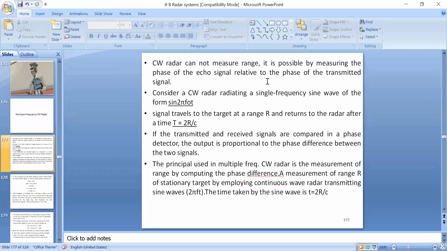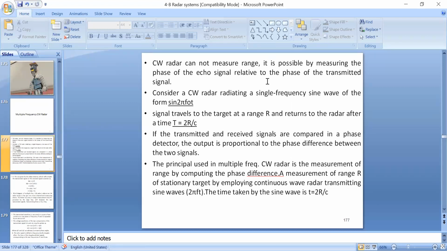In our radar subject, base concepts are very easy concepts, right? Based on the base concepts, we have to analyze the subject. Here, using a basic continuous wave Doppler radar design, the range of moving targets cannot be calculated. In order to calculate the range of a moving target, we have two methods. Till now, we discussed only one method, that is frequency modulated continuous wave radar.